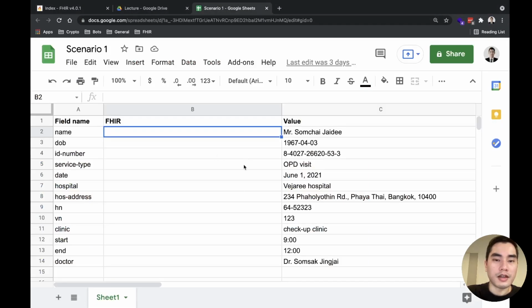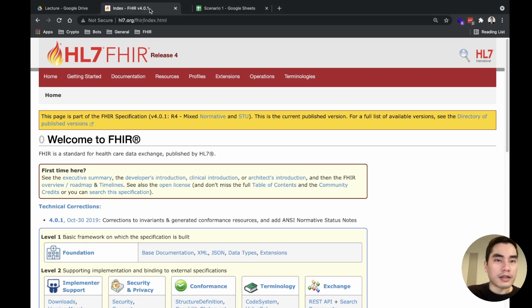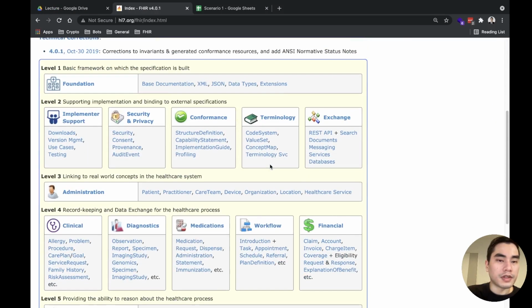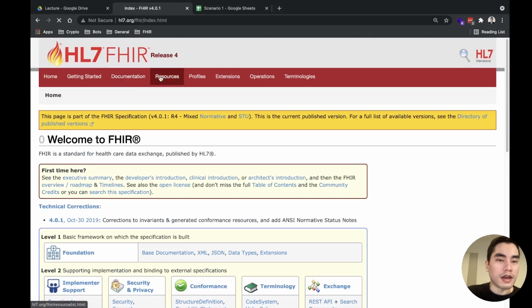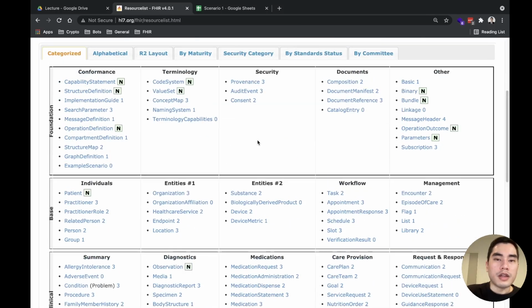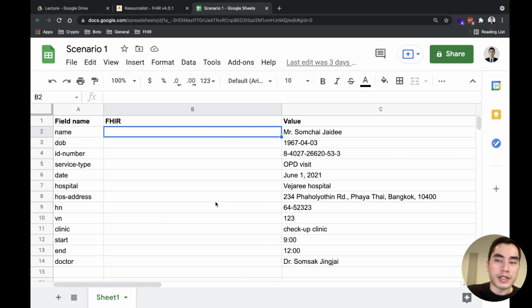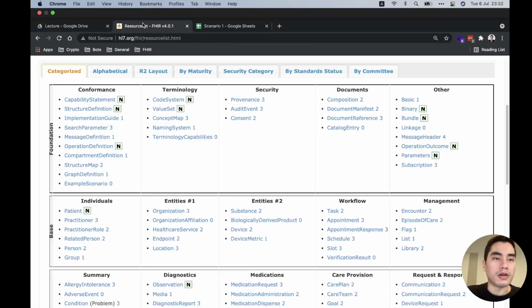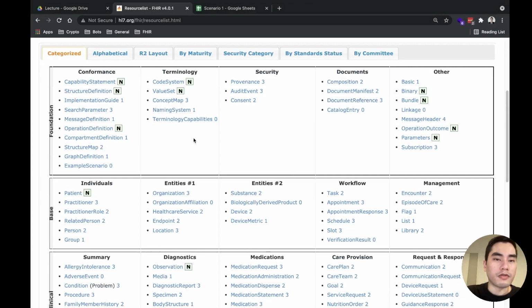spreadsheet? Okay, so the first one, name of the patient. If you look at the specification and the list of resources, in order to fill in this form, you have to have some knowledge about what resources FHIR offers you and when to use each resource.